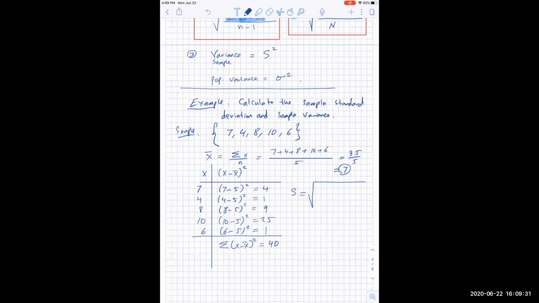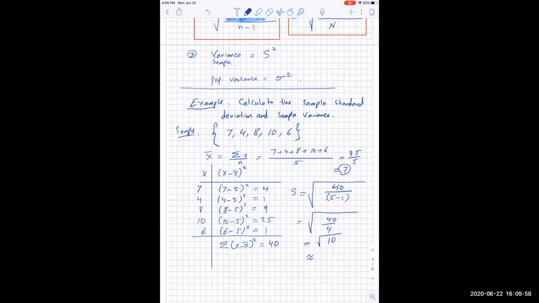Okay, so I take the sum and I divide by n minus 1. Well, what is n in this case? How many values do I have? I have 5, minus 1. So the square root of 40 over 4, the square root of 10, which is approximately